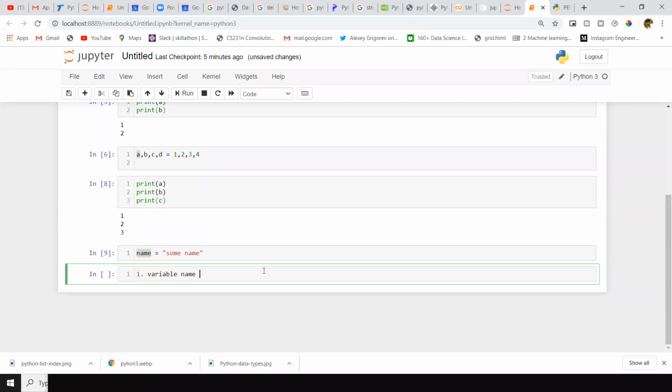Variable name should start with an alphabet.